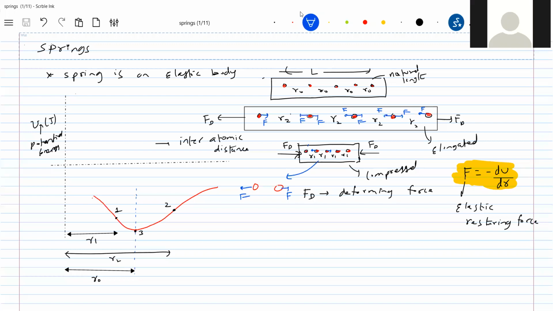Sir, the forces on the atoms in the middle are balanced, right? Oh, no, I'm just showing some rough idea. Aren't they equal, sir? They should be. So like here, what will happen? The atoms, I'm showing that this is only a schematic diagram to show that the force acting on the atoms will be like this, and with that, they'll come to the original position. So you're saying F, F0, sir, how it will move.